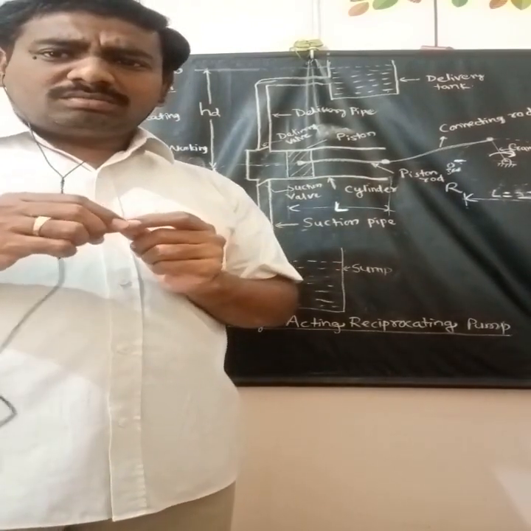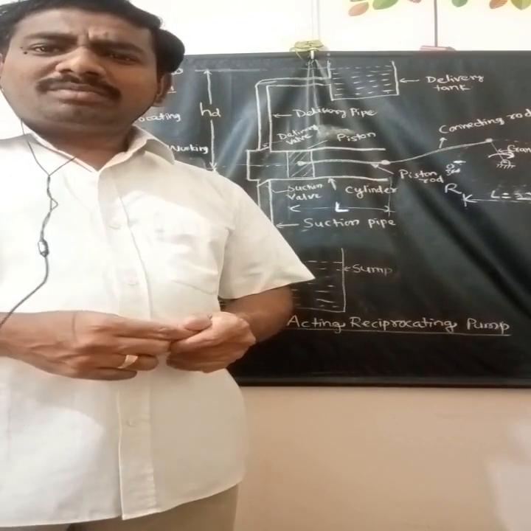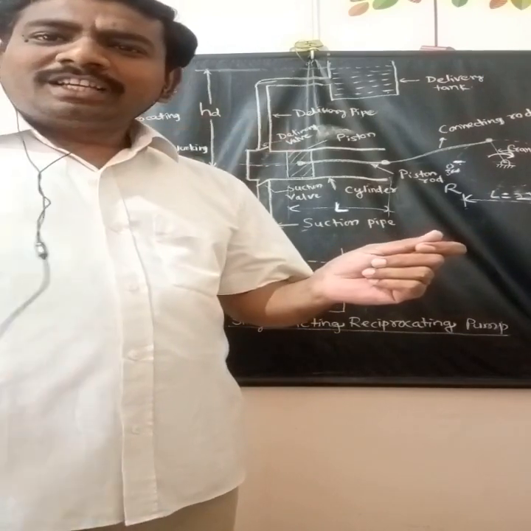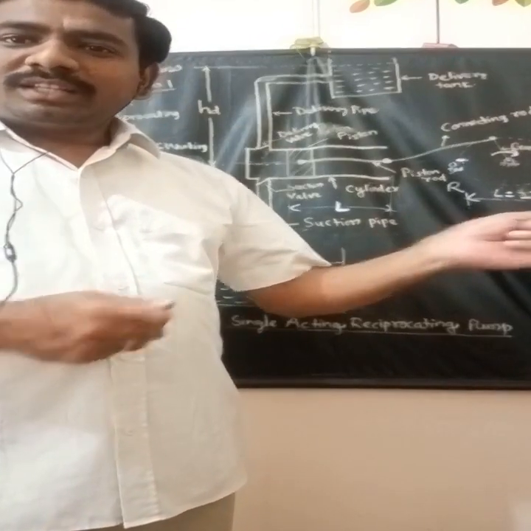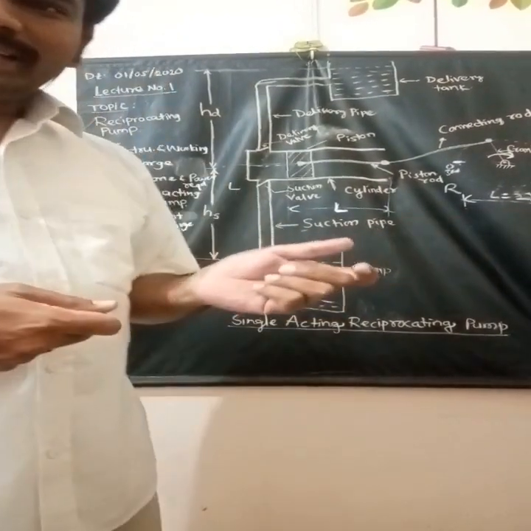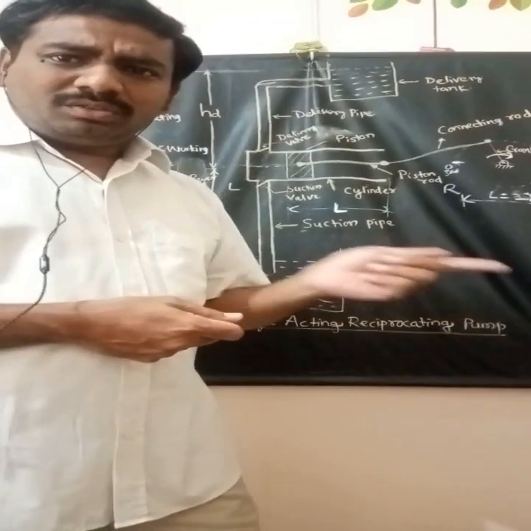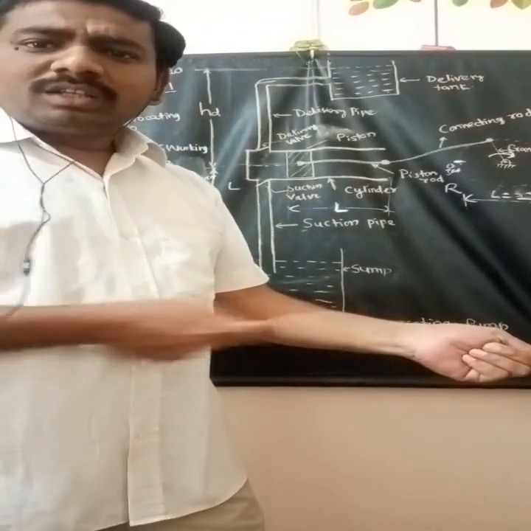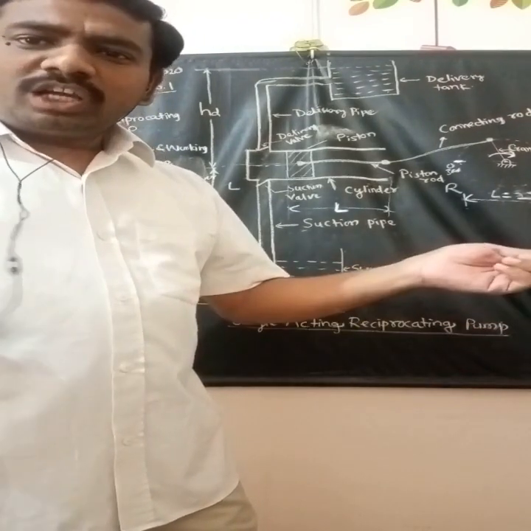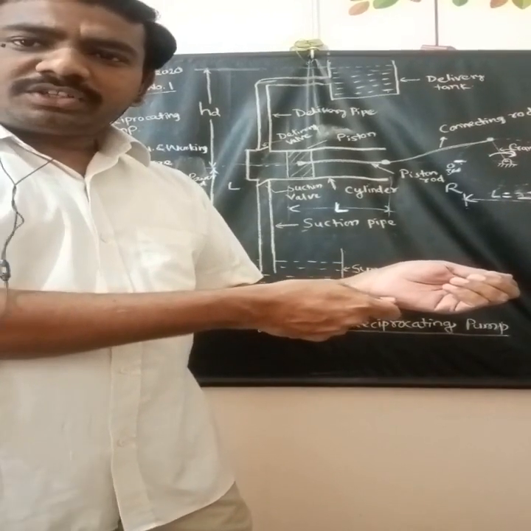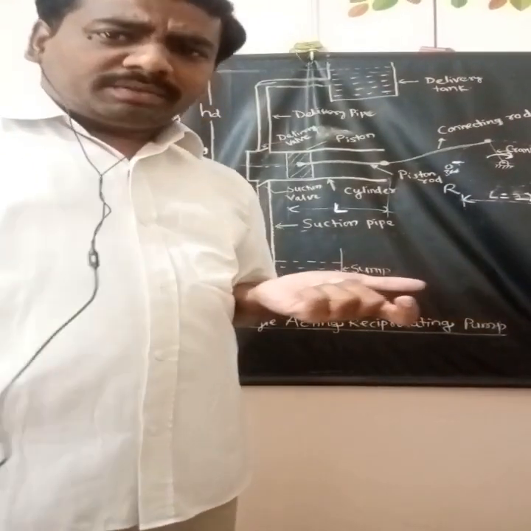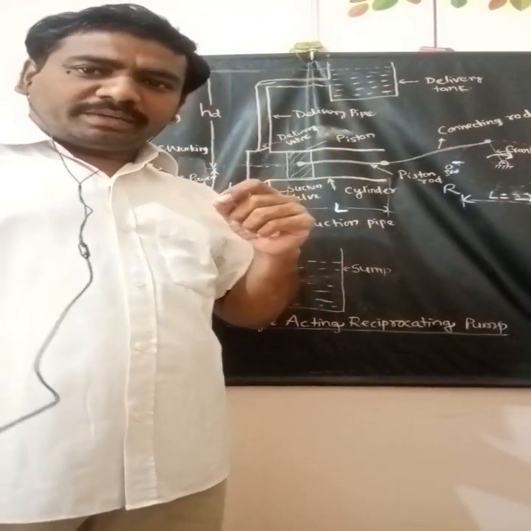You might have seen in the Holi period, there is a pichkari. Have you observed the pichkari? Not that small kind of pichkari, the larger one. There is a piston and cylinder kind of arrangement. So how exactly does that pichkari work? When you put its front end inside the water and pull the piston outside, the water enters inside it, and while you are pushing the piston in a forward direction, the fluid comes out from it. Similarly, the same thing happens during the working of the reciprocating pump.